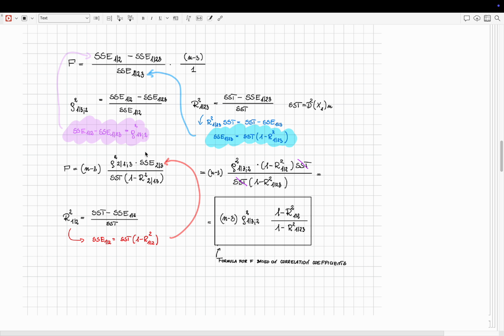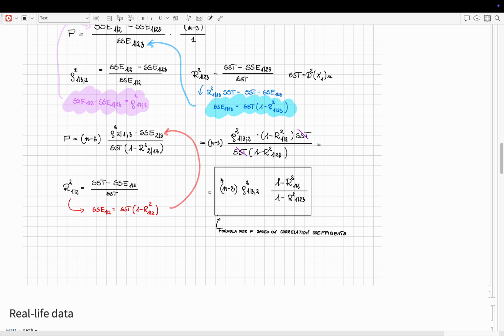Next, we can get rid of this sum of squares using the same trick as we used here: use the definition of the correlation coefficient calculated from regression, and this will depend on the total sum of squares, which at the very end will cancel. So at the very end we arrive at the formula that gives us F